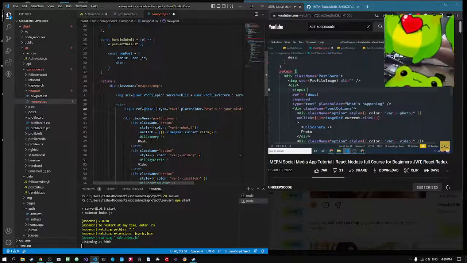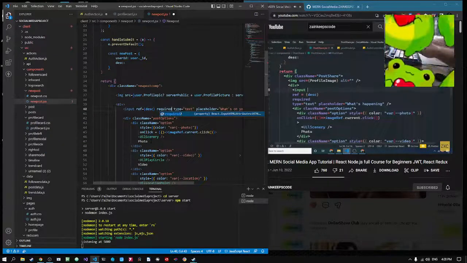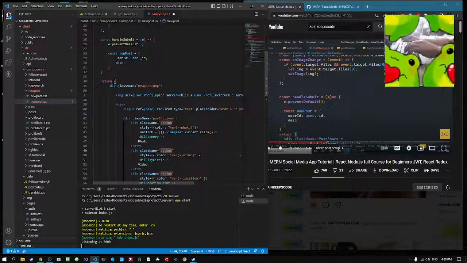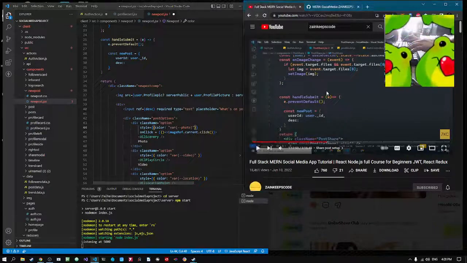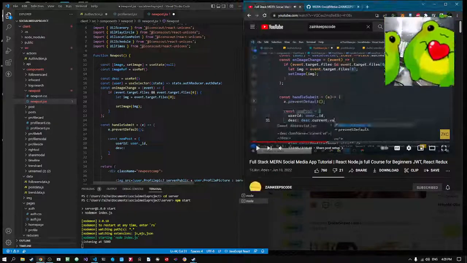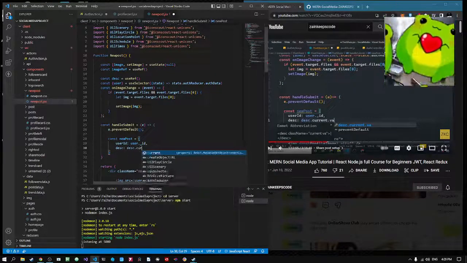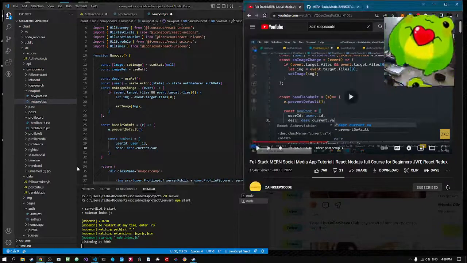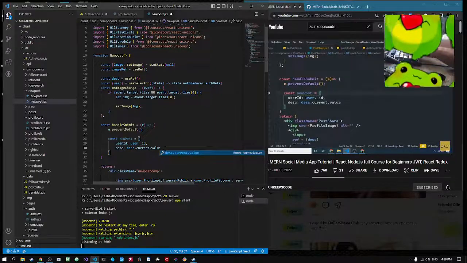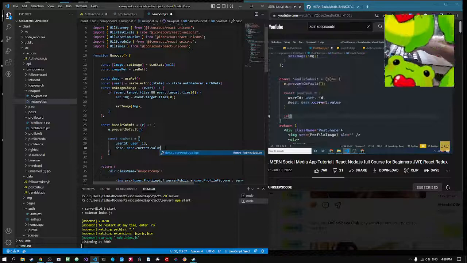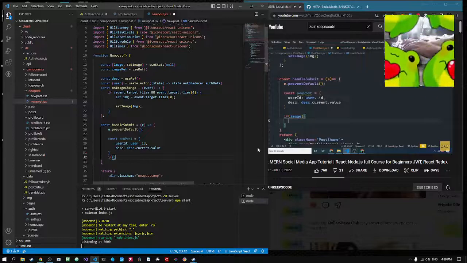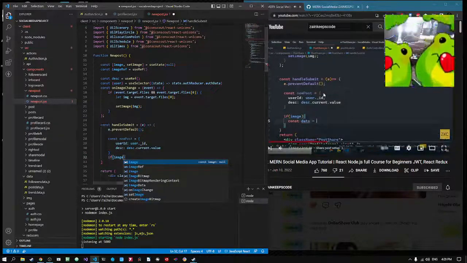Let's format our whole code. Okay, so let's see here. Now we can use description.current.value. Okay, like this. Now I should check if the user also wants to upload an image. So I am saying if the image contains some type of data, or simply the image is true, then make a constant data